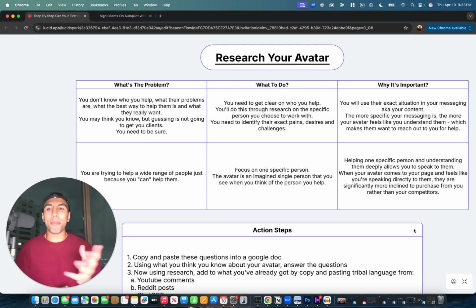Now, let me put you in an imagined scenario right now, okay? Let's say I'm overweight. I'm 150 pounds overweight. I'm fat as hell, and I need to find someone to help me lose this weight. Now, I come across two pages, okay? One of them is your page, and your page says, I help guys lose weight and get jacked and build muscle. Okay, I come across that page, and I think, oh, okay, this guy might be able to help me. And all your content is just general fitness stuff.